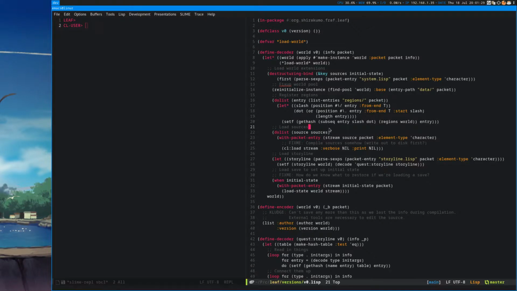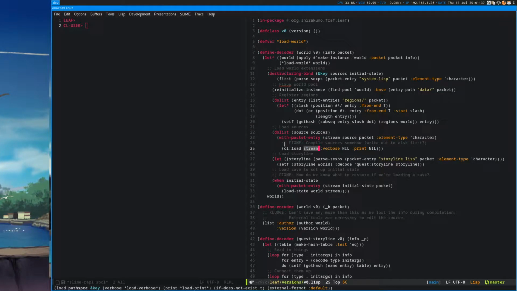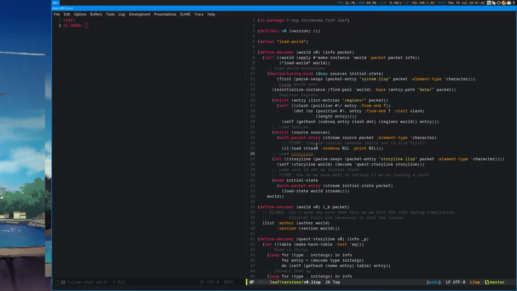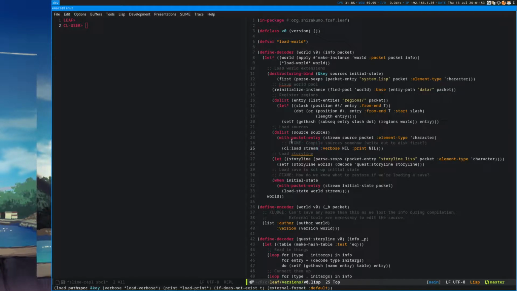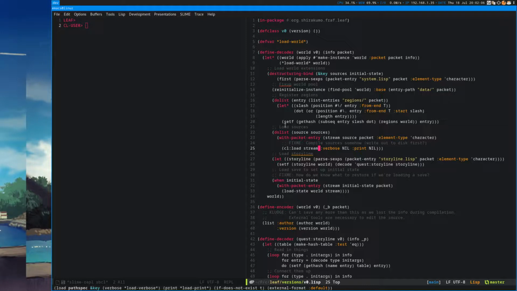It's not a problem right now. Right now I'm just doing CL load, which accepts a stream, so that's good enough. But at some point I would like to worry about compiling things down to increase efficiency. Perhaps I can actually compile to a FASL and load that directly. I'm not too sure about that, so I would have to experiment with that. I'm actually not sure if the standard guarantees loading FASL files from a stream is possible. I don't know.